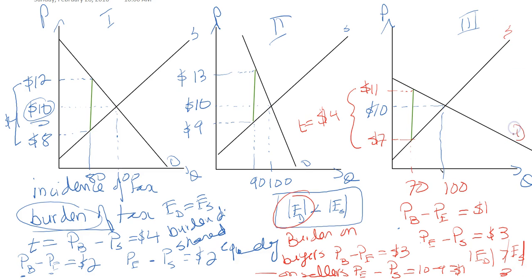When demand is inelastic, it is the buyers who are bearing more of the tax. If we have equal elasticities of demand and supply, like in this case, the burden was equal, like we saw. Both of them shared $2 of the $4 tax. So the key is elasticity. So elasticity is a very useful concept. Not only does it have implications on revenue and pricing, it also has implications on which segment of the market, whether it is buyers or sellers, are bearing or sharing a greater portion of a tax that's imposed on the product. Again, also keep in mind, we did not